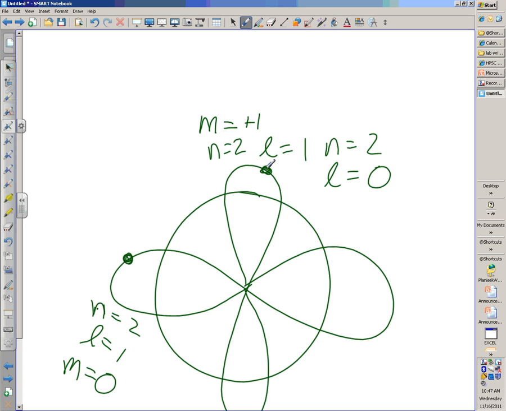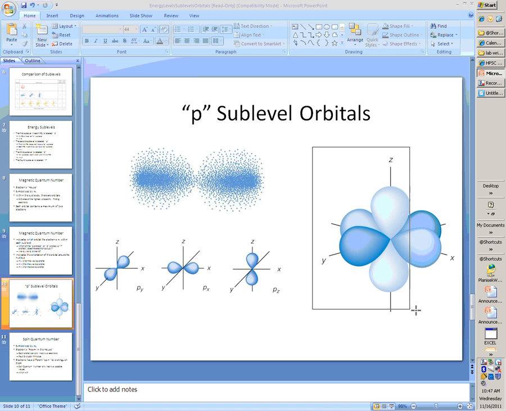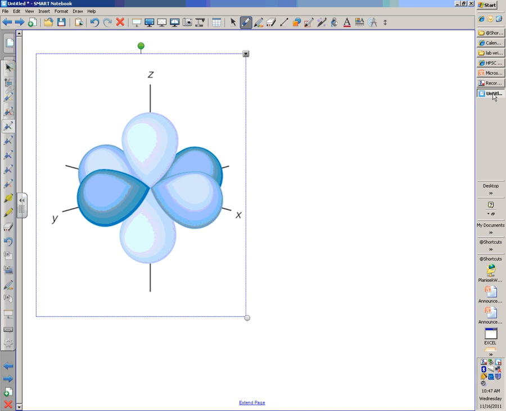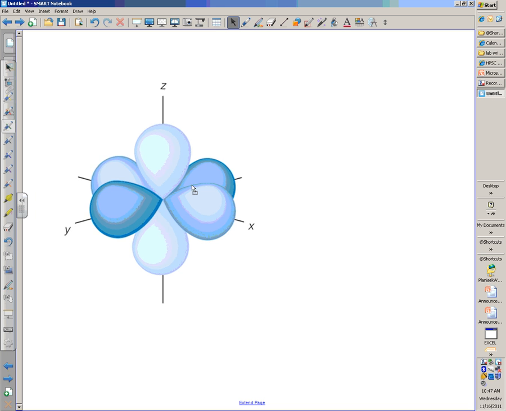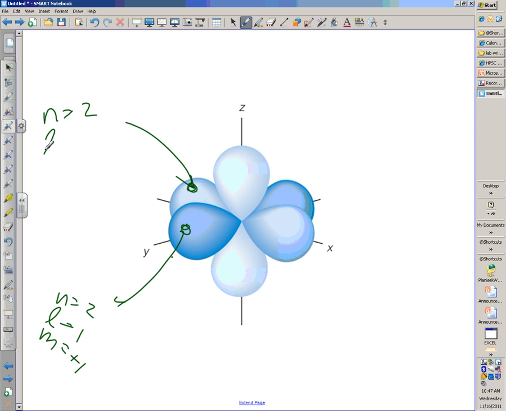Now, if I add the third one on there, which I can't do on this picture, but if I go to this picture, so this, n2, l1, m +1. This, n2, l1, m 0. This, n2, l1,